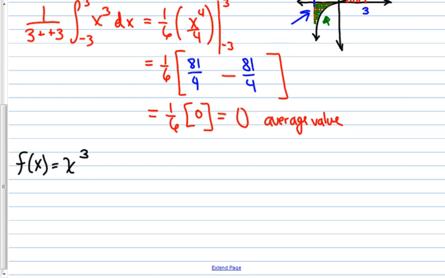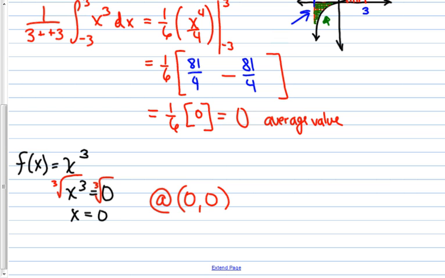Somewhere x cubed equals 0. I need to find that x. Oh, x is 0. X cubed equals 0. Take the cube root of both sides, and I get x equals 0. So, basically, at (0, 0), this we got from the average value,